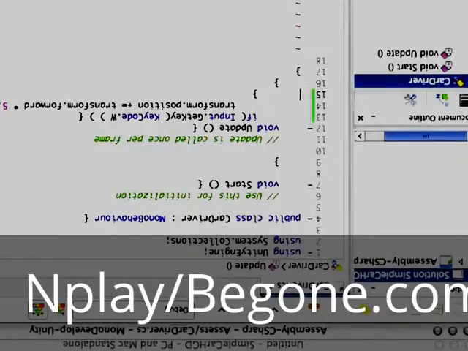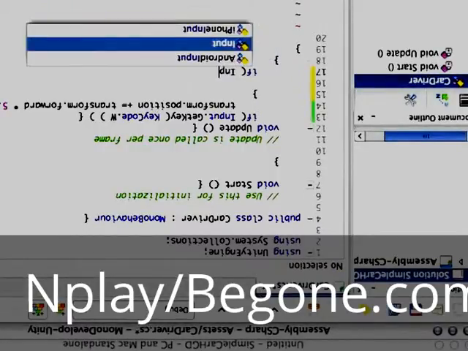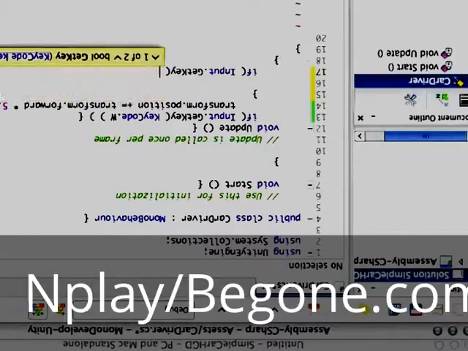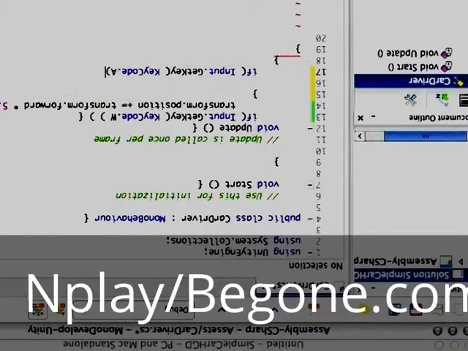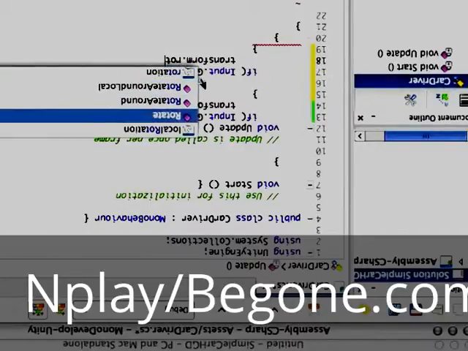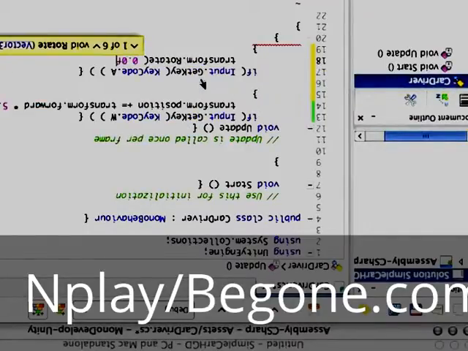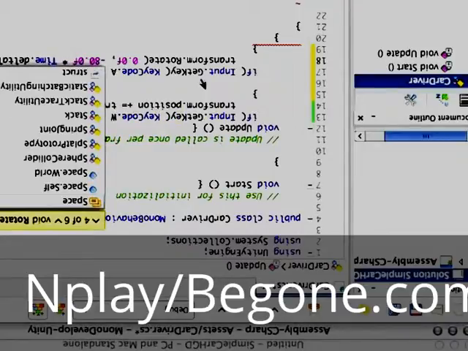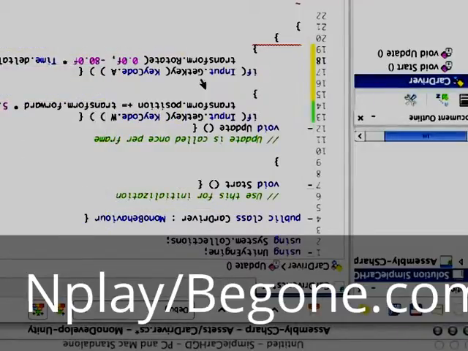Let's make it so we can turn the car. We'll just write a new if statement. If input.getKey keycode.a, then here we're going to do transform.rotate 0.0f, negative 80.0f times time.deltaTime, 0.0f semicolon. Something else I'd like to point out is that transform is implied to be the position, rotation, and